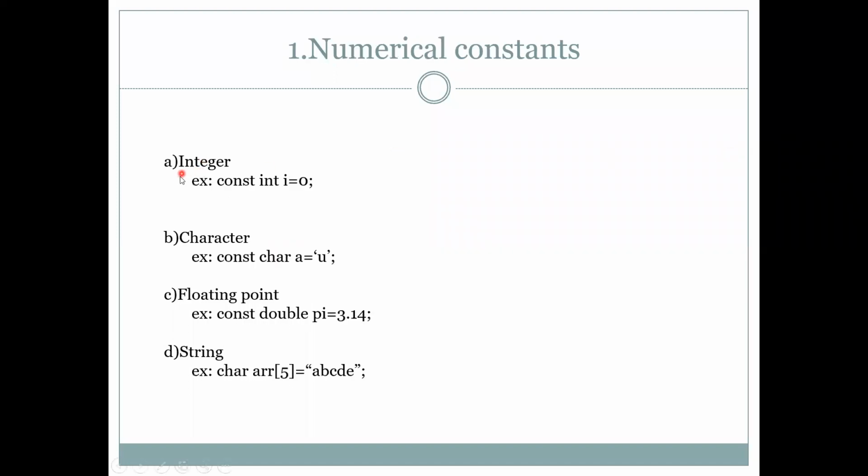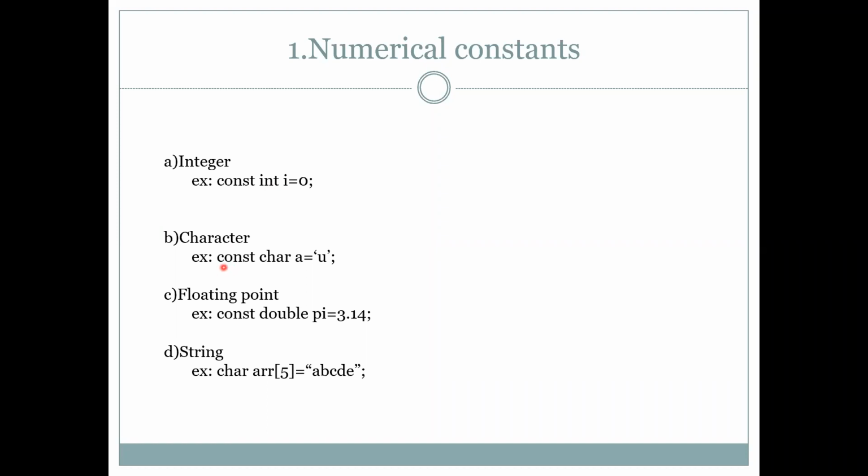For the integer constant, declare with the const keyword and a fixed integer value. So const is the keyword. I want to declare one integer variable, i is equal to 0, and I want to make this variable constant during the program execution. So I will declare that variable as a const, and the value of that variable will not be changed. If you understood the data types, it is easy to understand this constant.